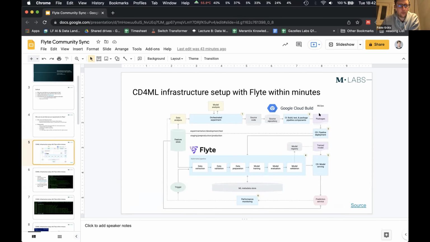For us, that's Google Cloud Build, but it can be any other provider, right? So the idea is you make a change in your repository that defines the workflow, and your CI/CD provider runs tests, and if the tests pass on your workflow, it will register it and run it for you, right? So the only thing you ever do is change code in Git, push it, and it will register and run